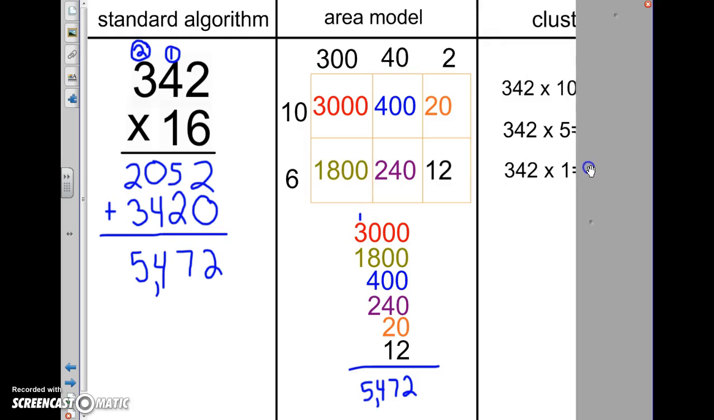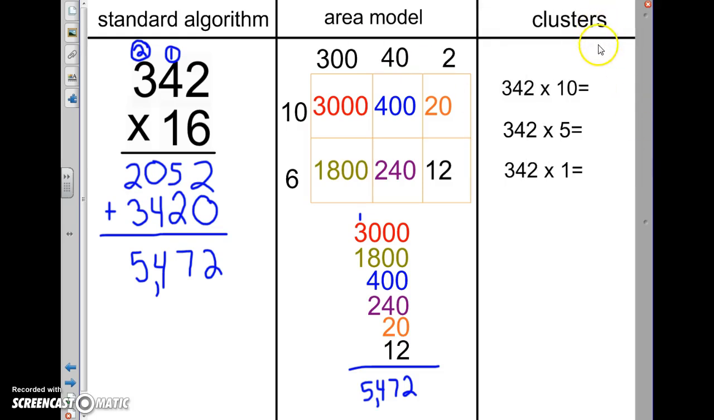And the last strategy we're going to look at today is clusters. So remember, the whole idea of clusters is taking a more complicated, bigger multiplication problem and breaking it into easier to work with sections that you can then build on with your previous multiplication combinations. So 342 times 16 is kind of hard to do in your head, right? But 342 times 10 isn't so bad, because remember, anytime we're multiplying by 10, we're just moving over the other factor a one place value, right? So we're taking 342